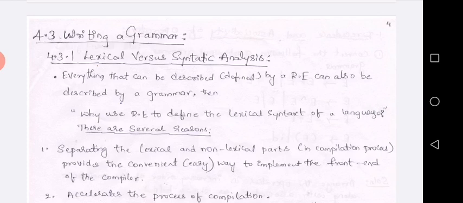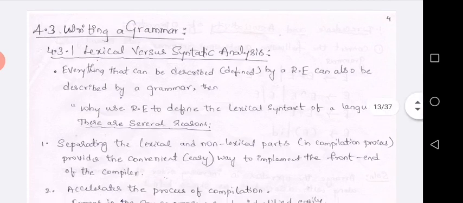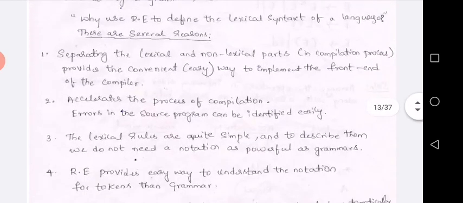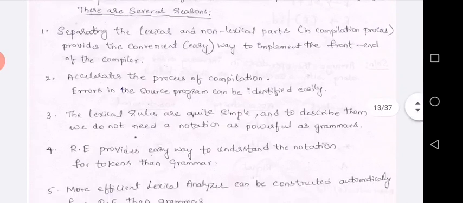Everything that can be described or defined by a regular expression can also be described by a grammar. Then why use a regular expression to define the lexical syntax of a language? So this is the question. For that, we have a complete explanation, four to five different reasons. There are several reasons. The first one,